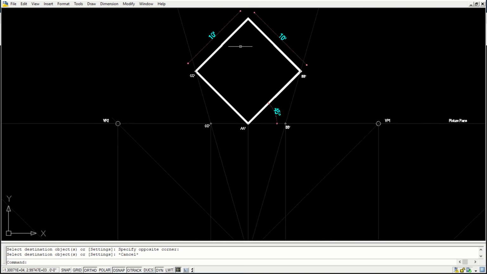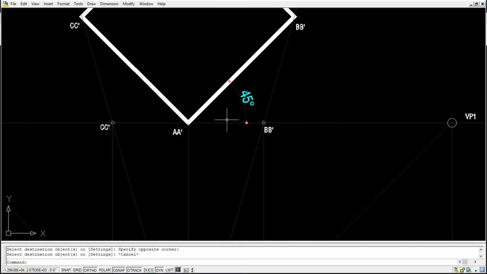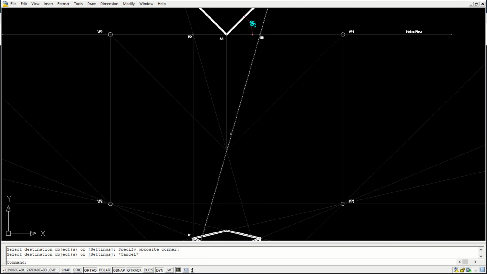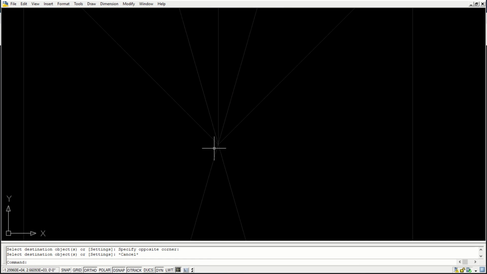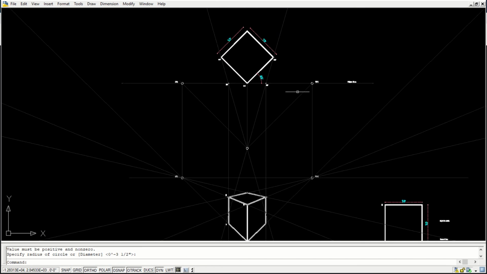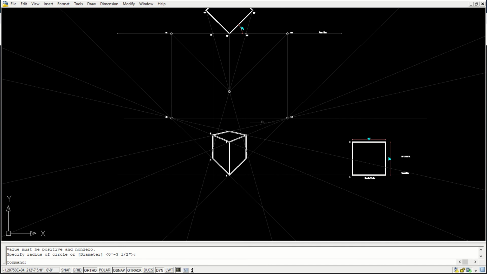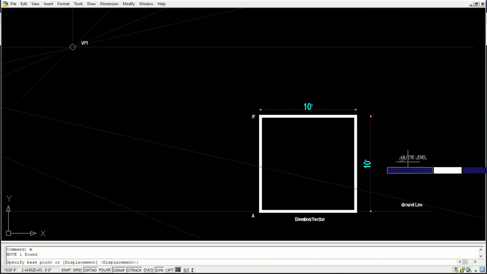We have the object touching the picture plane, and we have a stationary point here. Using this stationary point, we have generated this perspective.